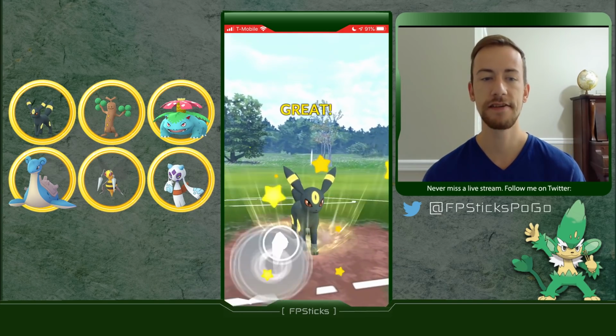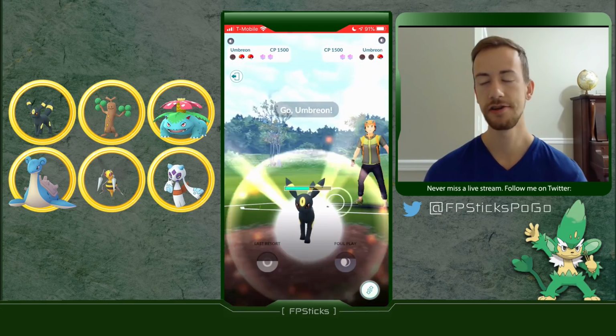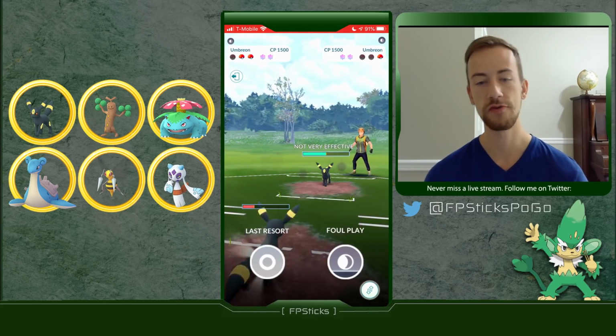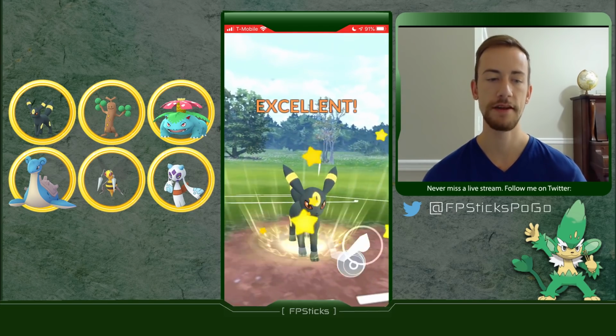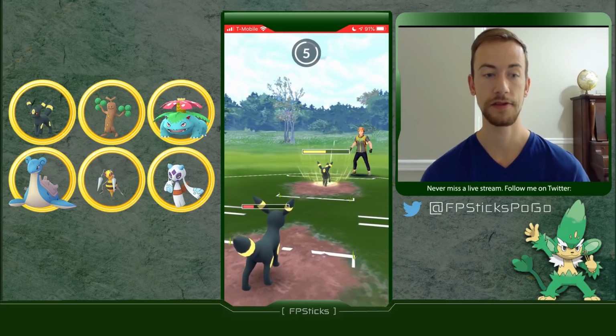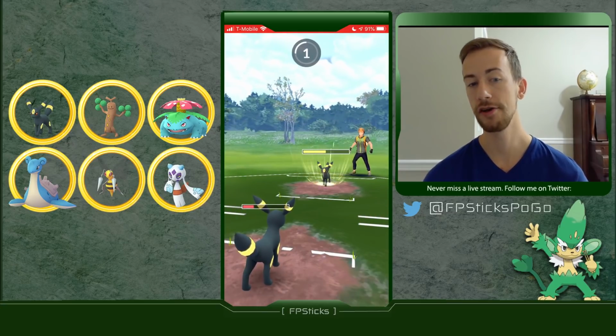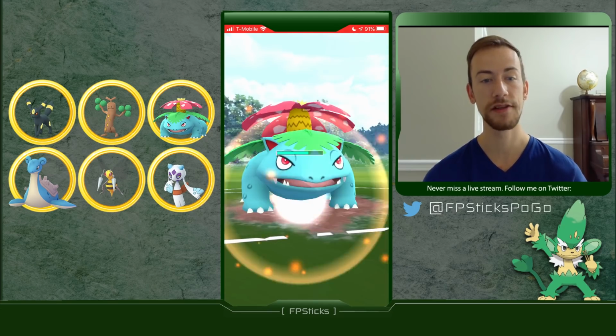It's also nice because Vine Whip is a fairly fast energy generation fast move, so you're going to be able to rip off these charge moves relatively quickly. And Sludge Bomb is nice because you can still hit for neutral damage against some of the bug types, so that's really nice. I've also seen some people run some double grass users on their team,